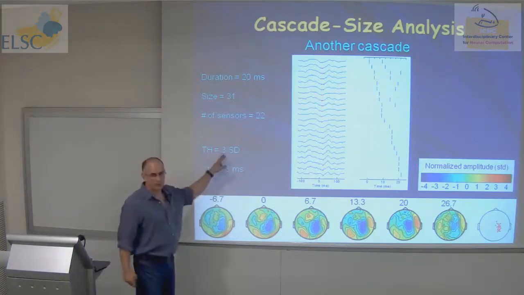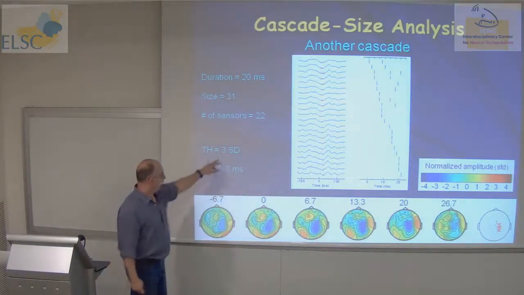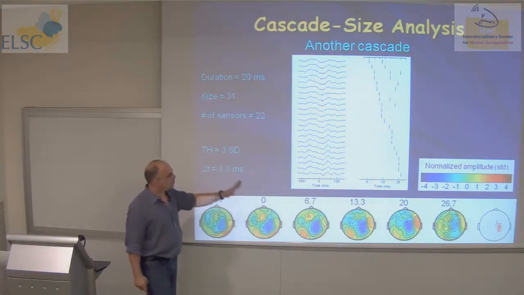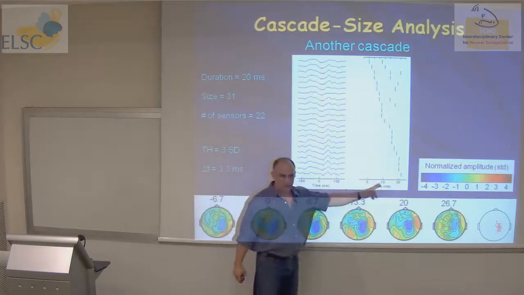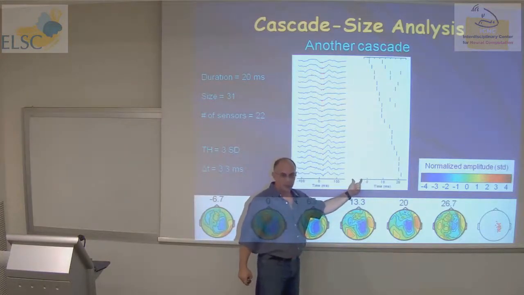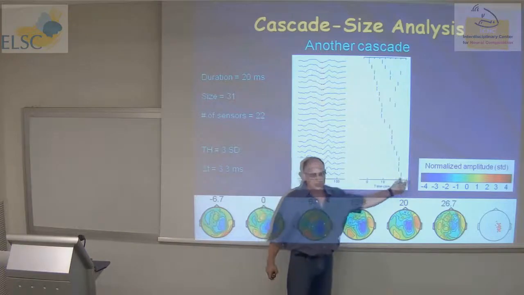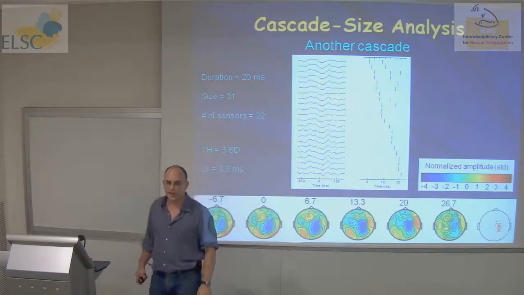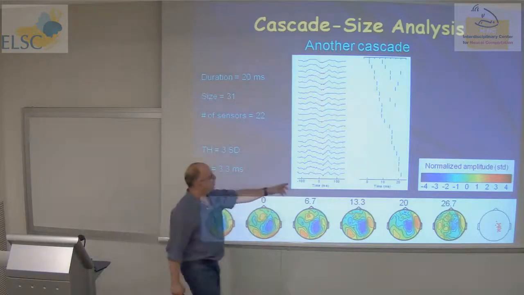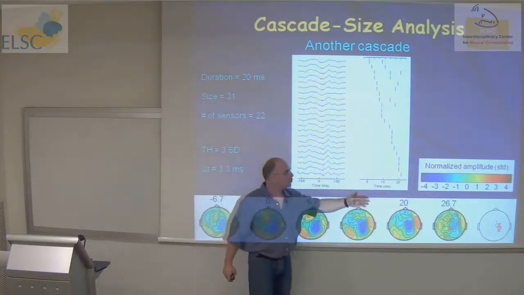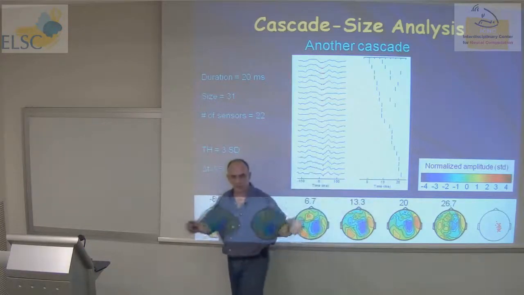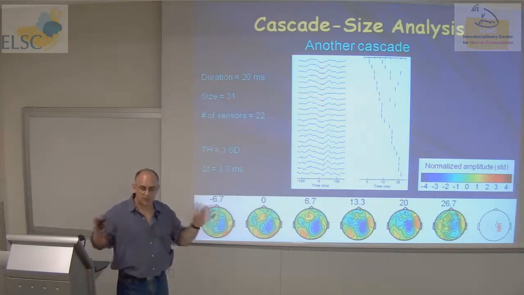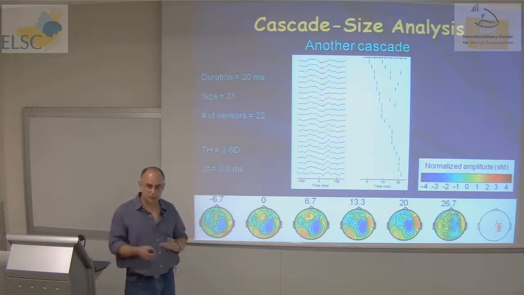For instance, if I took a higher threshold, I would get more events, or a lower threshold, fewer. But in this context, what I show you is just another cascade of 20 milliseconds, in which there was a period of at least 3.3 milliseconds before, and at least 3.3 milliseconds after. If I demanded a different delta t, this would maybe not be a cascade. Maybe I would concatenate it with another cascade, so you would see more events. But within these 20 milliseconds, these are all the events that happened on the array in that period.